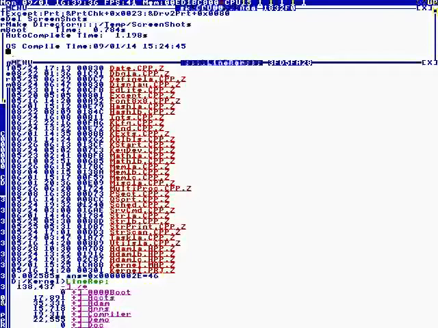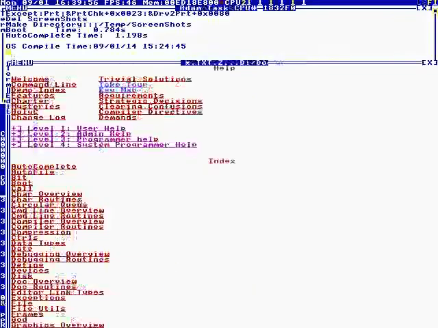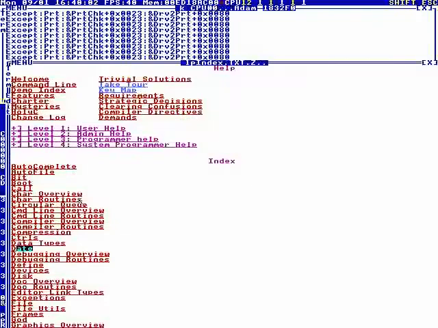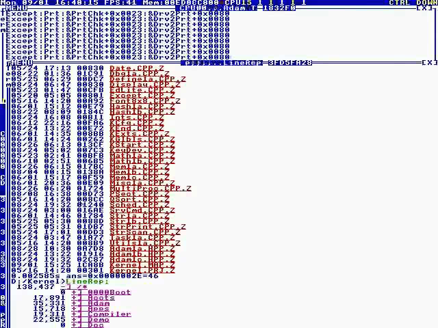Okay, so Atom 1 has the classes and defines. Atom 1C has the externs. Now they're categorized. I have a help index that puts them into, when you press F1, you get a category of help, and so it generates those automatically. So Atom 1 is the first stage. Then the next stage it goes to